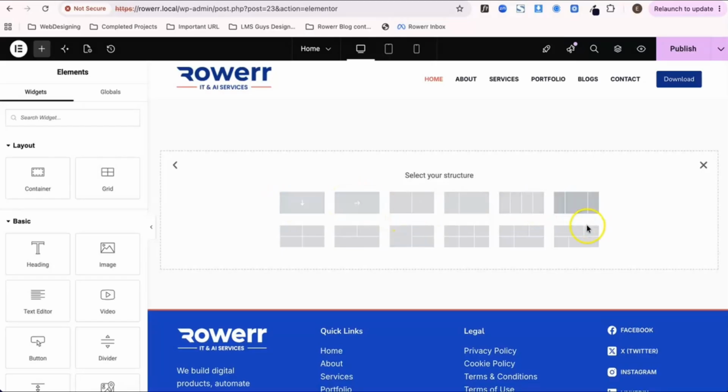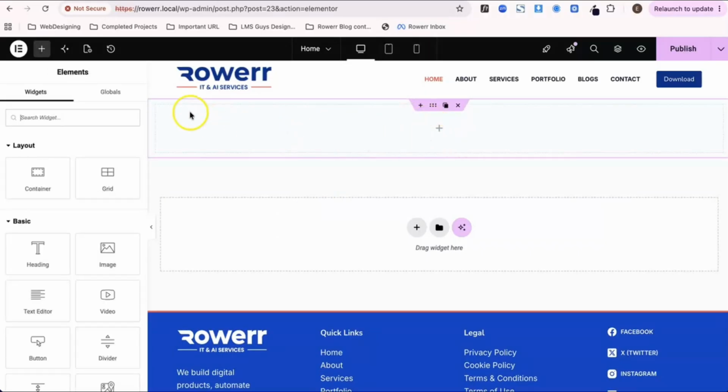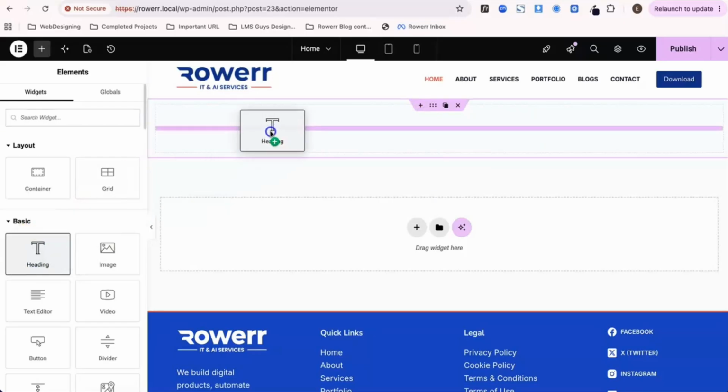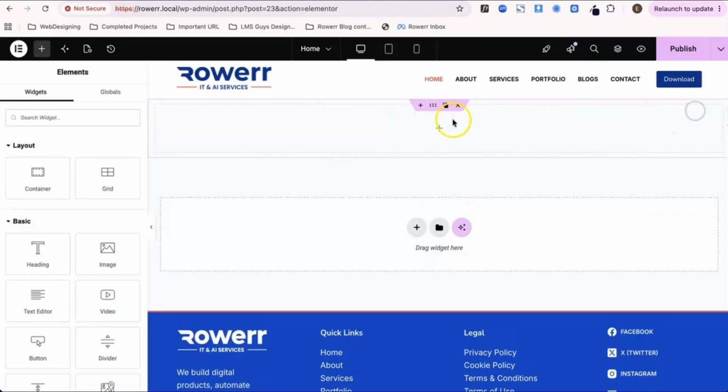And then in the Flexbox we have some options, like we can select any of these layouts which have different rows and columns, or we can go for the blank container, and this is the direction. Its direction is from top to bottom, and its direction is from left to right. So we will select it. Right now this is an empty container, it does not have any widget, so we can drag widgets and drop them here to use,